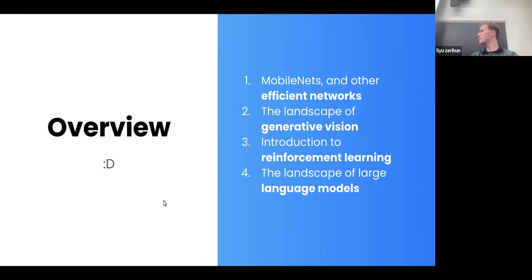The way today's workshop is going to work is it's going to be very similar to how an ACM reading group would be run, if some of y'all have been to one of those. So this gives you a feel of what a very short reading group will feel like.